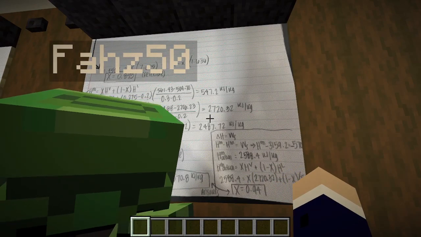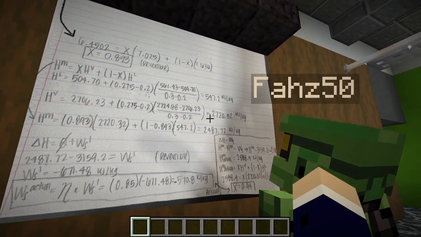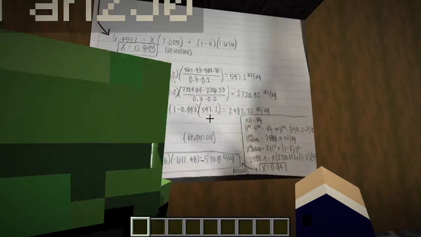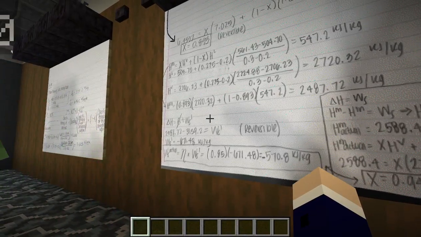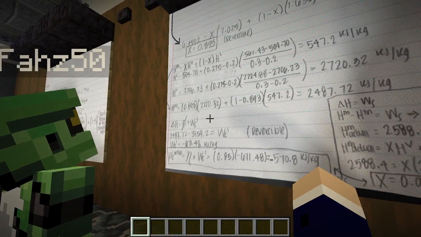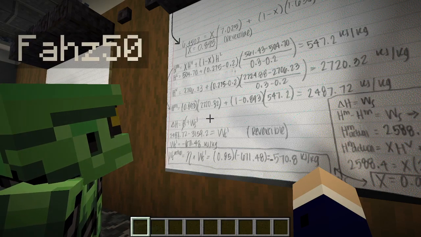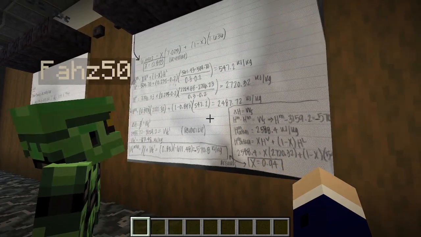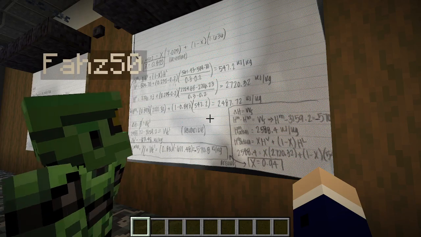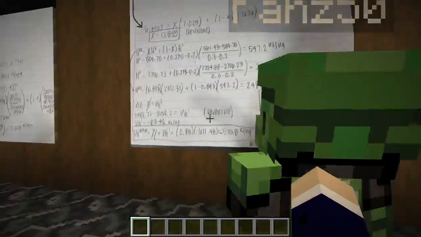From there we get 547.2 for H_L and 2720.32 for H_V. So we utilize this H_M equation, and we're solving for H_M here because we have X. We plug in all the points, the quality, H_V, 1 minus quality, and H_L, and we get H_M, or H out prime, H out reversible, is